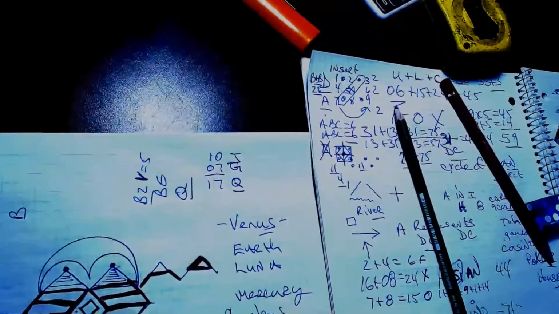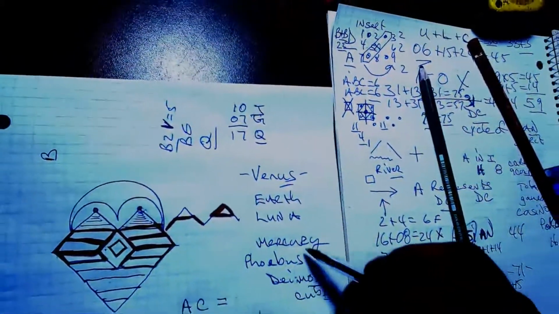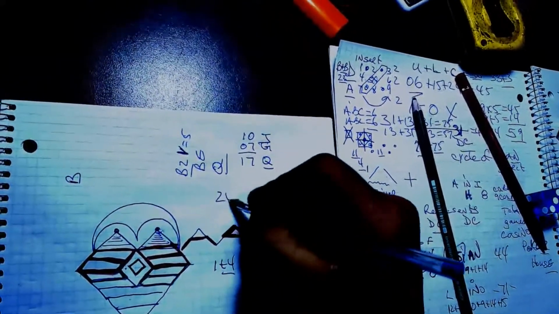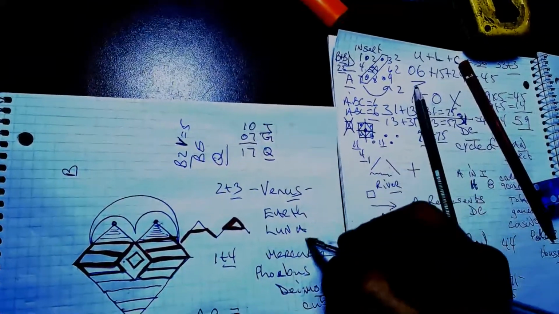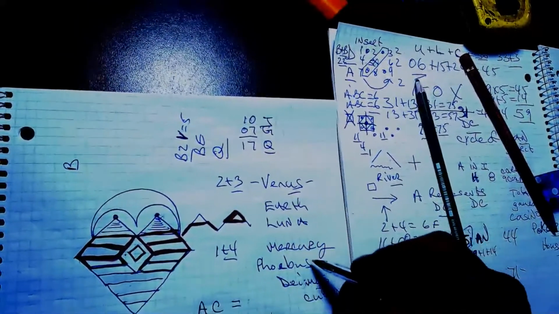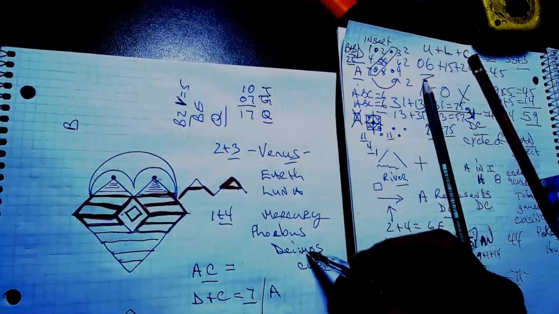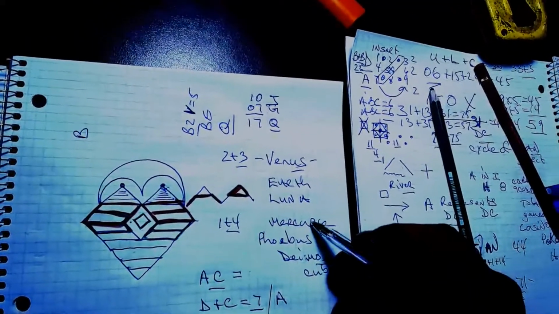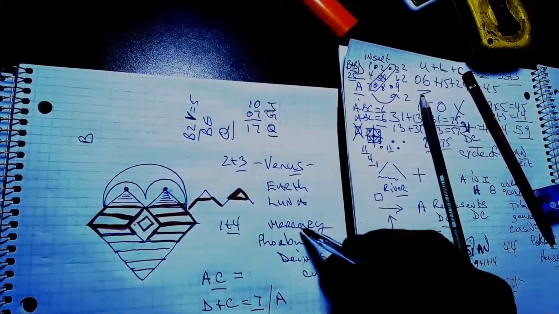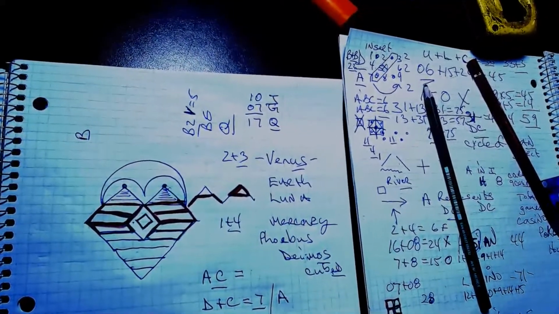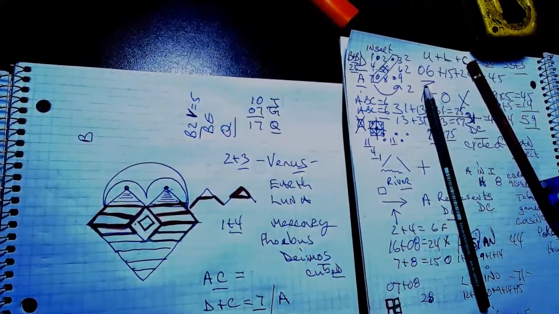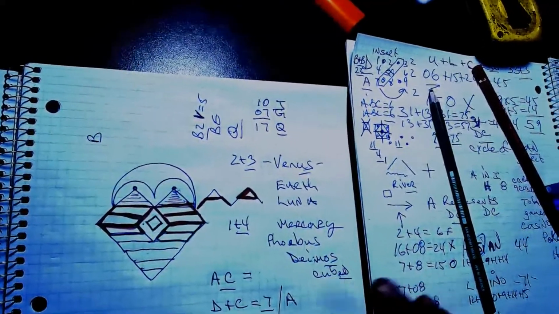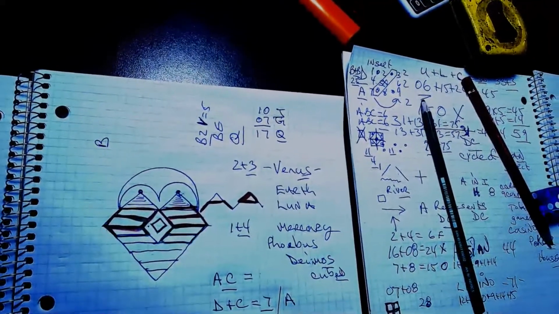Phobos, the phoenix. It tells it to us right over here. These are the moons. Why? Because 1 and 4 goes together, and 2 and 3 goes together. So Venus gets Luna as a moon. Mercury gets Deimos and Phobos. So Mercury becomes a total of, how can I do this? Mercury will become 1, 2, 3. And Venus becomes 2 because it picks up their moons. Forget about the planets. The 2 planets,